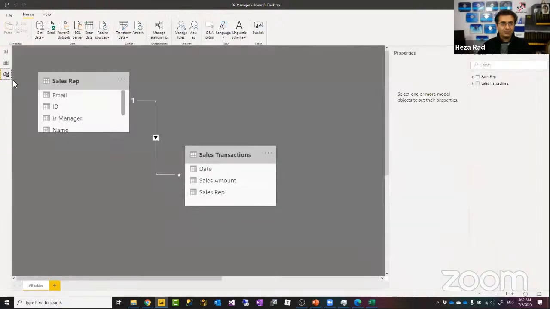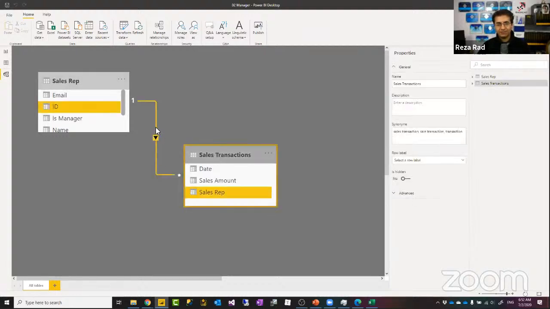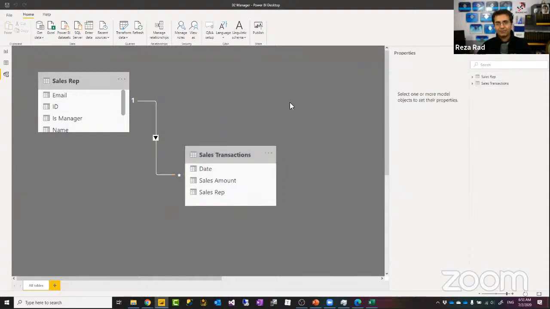If I want to consider this example, if I want to compare everyone's sales with the total, one of the ways I can do that is to have a table that is not getting filtered with this table, because right now I'm defining my row-level security criteria in the sales rep, and that will filter this table. I need to have another table. This can be a reference from this table in Power Query, aggregated at the sales rep level, which means that this will not get filtered by the sales rep. It will be only date and the sales amount, right? It might get filtered by the date table, but it doesn't get filtered by the sales rep.